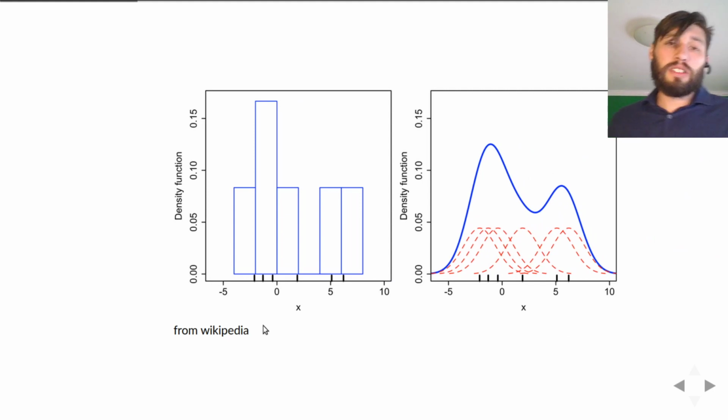So what does this typically look like? On the left-hand side, we have an example of a histogram. On the right-hand side, you can imagine that if you have a kernel centered around every data point, then you add up all of those kernels for a given point. So maybe our point is right around here. There are a lot of points around it, so there are a lot of kernels that have high value around this point that we're considering. And then when you take the sum and divide by n,